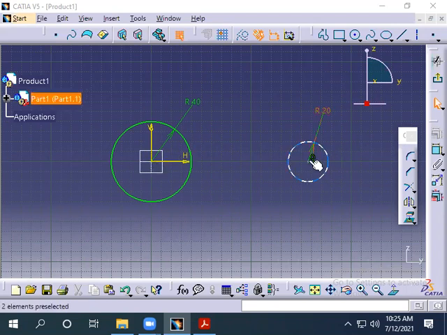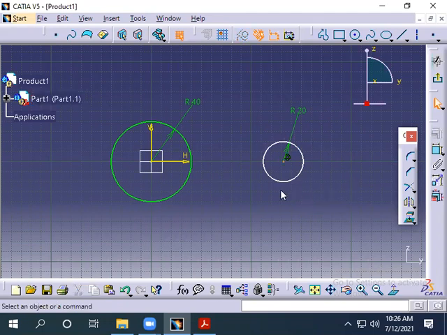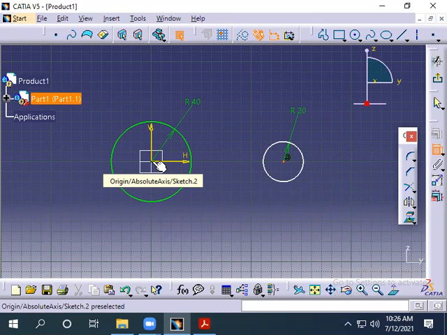For this one, we have defined vertically, like it cannot move up and down. You see, why? Because we have taken this horizontal axis as the reference, but it can move like this because we have not defined what is the position here. So we have to define that. Only then this will turn green, right? Fully constrained.